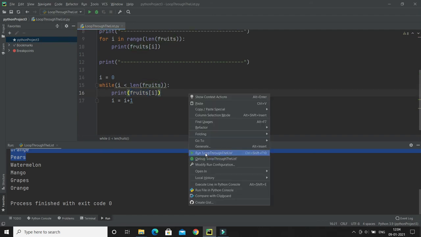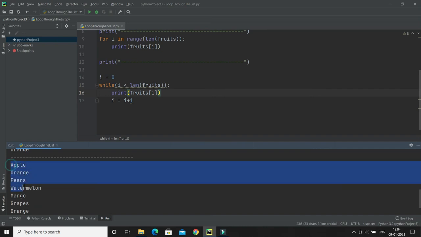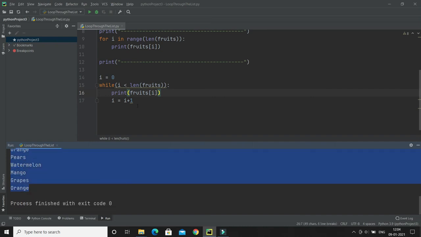If I run it, you can see the loop printed, and the third time we have printed the entire list using the while loop. So guys, here I have shown you how to loop through a list using 3 approaches so far.